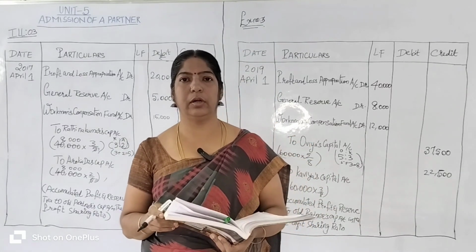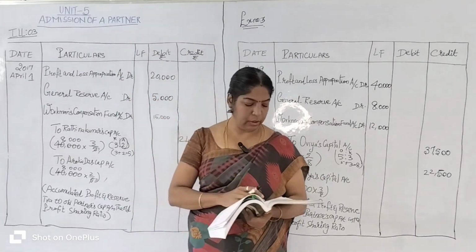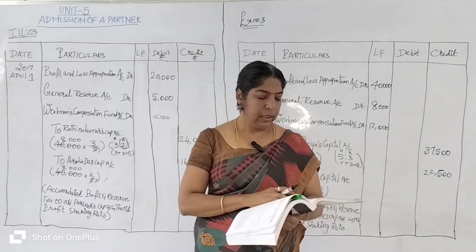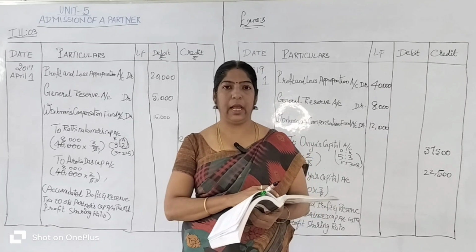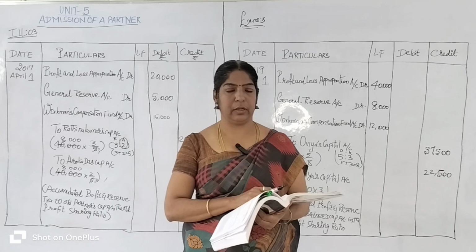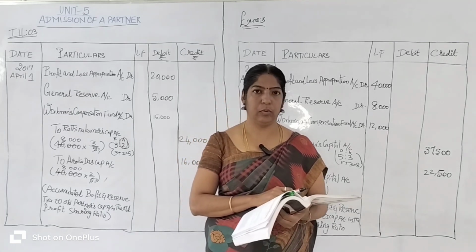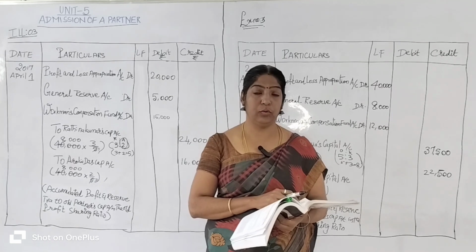This video we are going to learn about 12th Standard Accountancy, Unit 5, Admission of Partner, Illustration Sum number 5. Here, in illustration sum number 5, they have given the information through a balance sheet. In previous classes, illustration sum number 1 and 2 and the exercise sum number 1 and 2, they have given